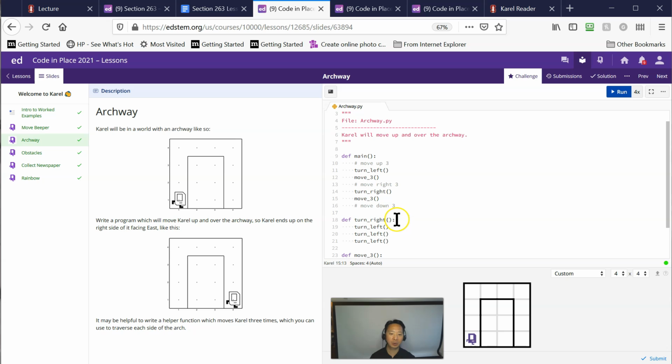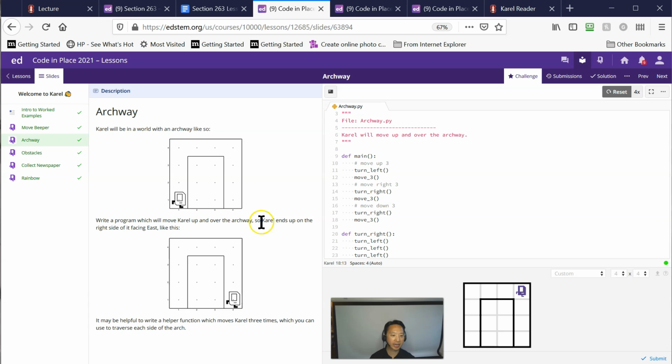And then the next thing we need to do is to move down 3. So let's verify that works. And you notice again how the highlights are going over here. Okay, so now we need to move down 3. So it's the exact same process as we had before. We need to turn right, and then we need to move 3 again. And now one last detail is that notice how he's facing to the right, and